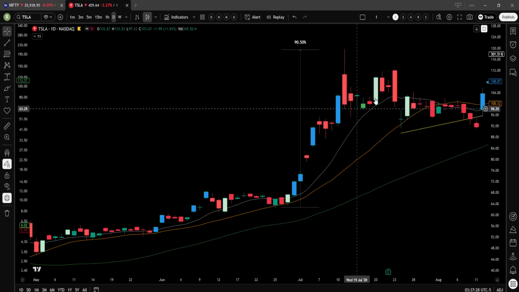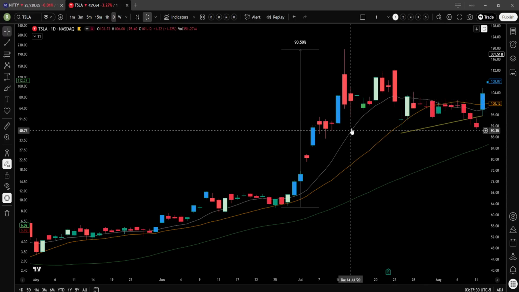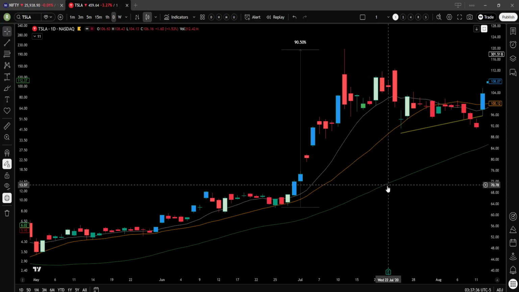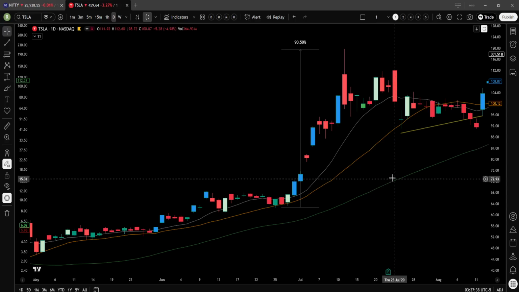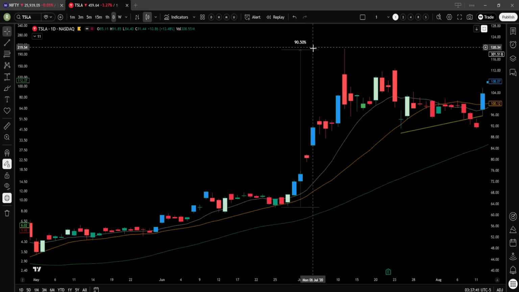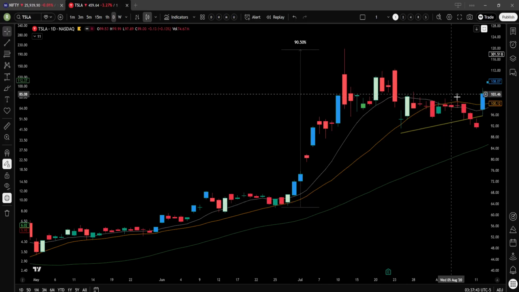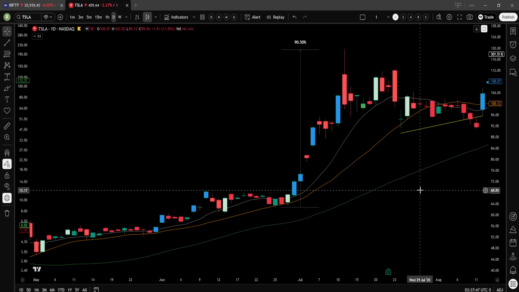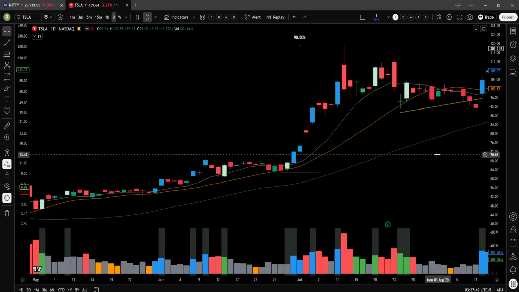Also, majority of the time the stock is above the moving averages. So this white one is the 10 moving average, the yellow or orange one is the 20 moving average, and the green one is the 50 moving average. So Tesla made a big move of 90%, then started consolidating, and then this last blue candle we can consider as a breakout candle,